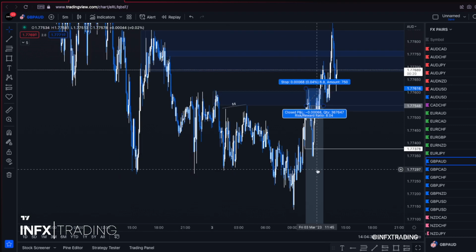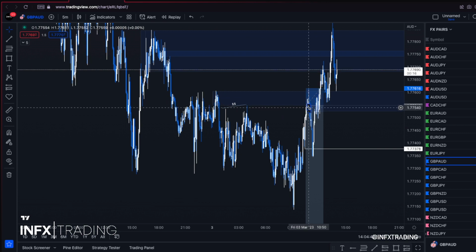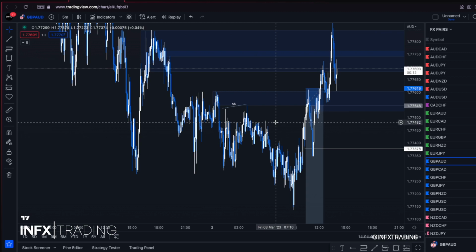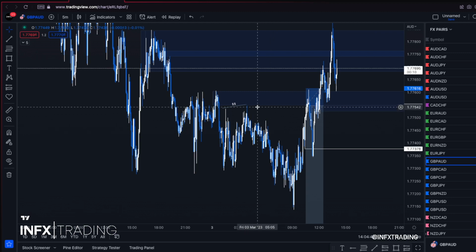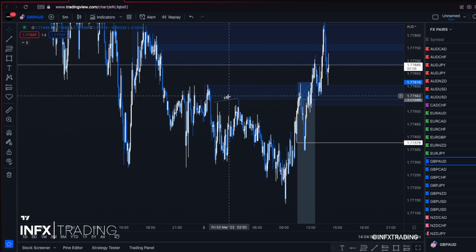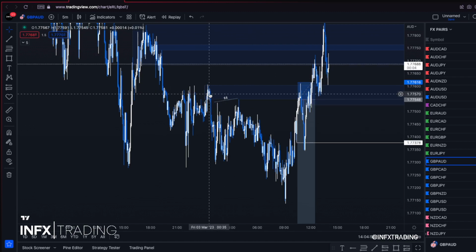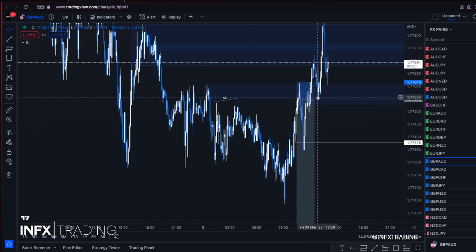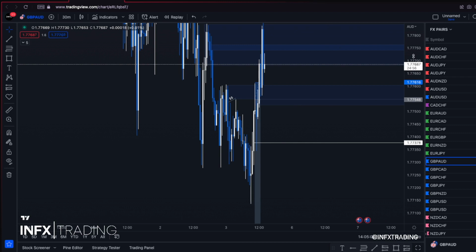So decent trade, got what we wanted, and it was really nice that we were able to see the higher time frame target, and we made some more money, right? What we've got happening right now is just basically a bigger version of what happened here, right? So we've got this supply zone here, we've got equal high liquidity up here, and then we got some fair value gaps in there. Price is then pushed up, and if I go to the 30-minute,